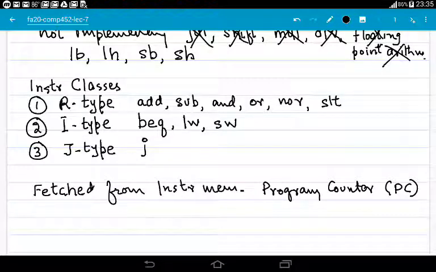Now, this PC doesn't mean personal computer, it means program counter. Okay. So this is a register. Program counter is a register. Once we have fetched the instruction from memory,